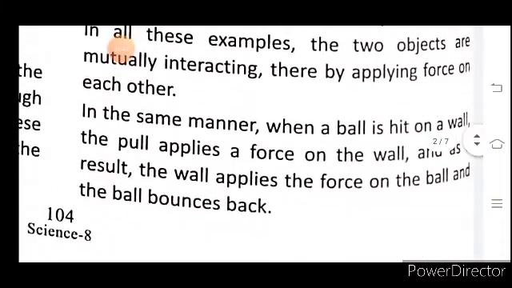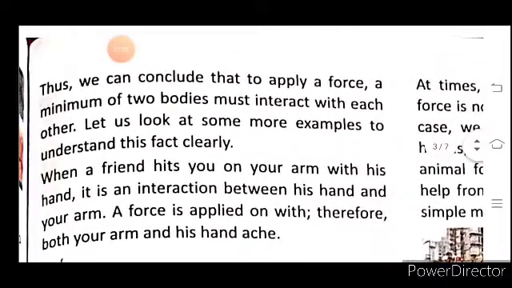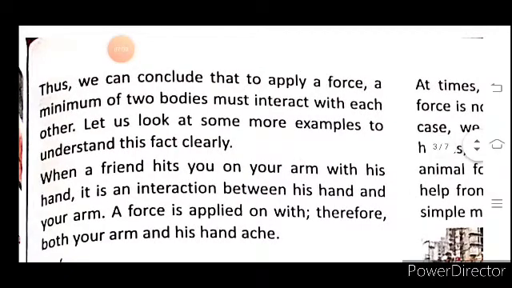In the same manner, when a ball is hit on a wall, the ball applies a force on the wall, and as a result, the wall applies a force on the ball and the ball bounces back. Thus, we can conclude that to apply a force, a minimum of two bodies must interact with each other. फोर्स को अप्लाई होने के लिए कम से कम दो बॉडीज का इंटरेक्ट होना जरूरी है।